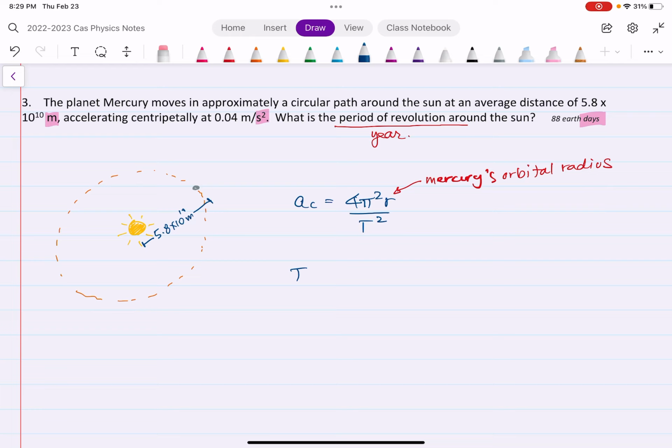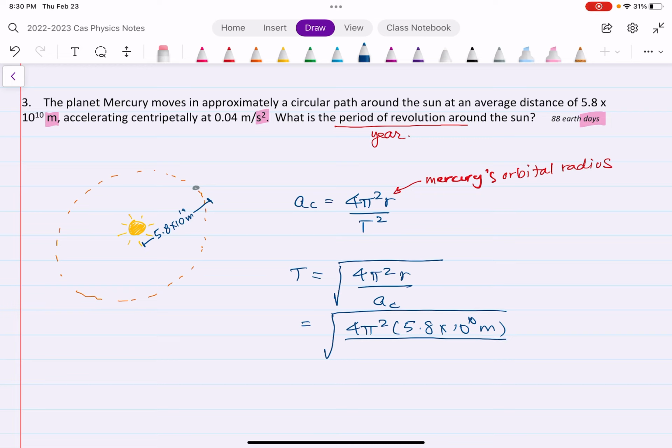So we're going to rearrange this equation the same way we did in the last question, so that T is the square root of 4 pi squared r divided by a_c. So plugging what we know into the equation, we have 4 pi squared times the orbital radius, 5.8 times 10 to the 10 meters, divided by, they give us the centripetal acceleration, 0.04 meters per second squared. We don't have units on any of those, so we'll just leave it like that. And when you do that,